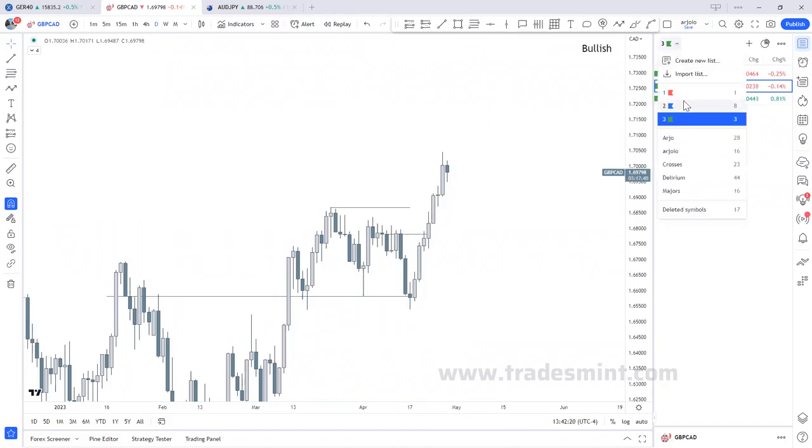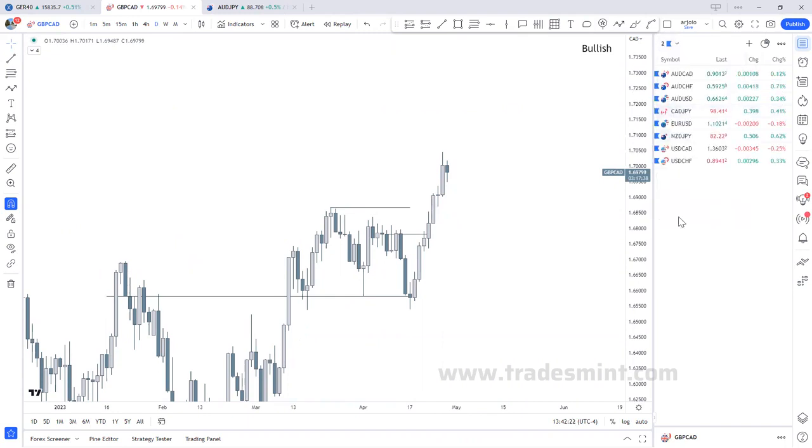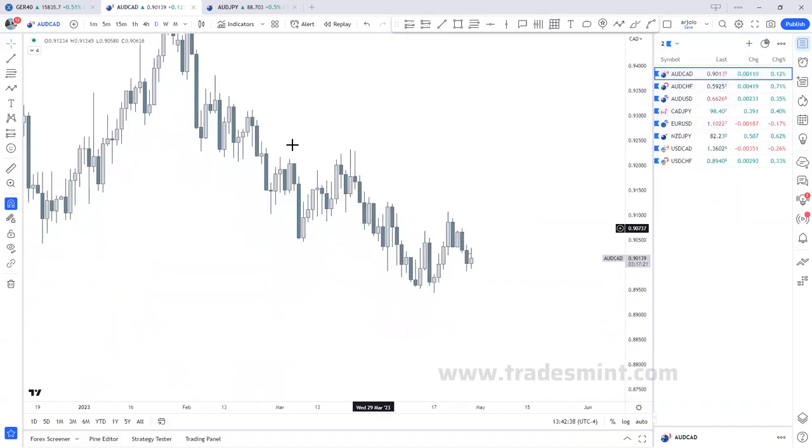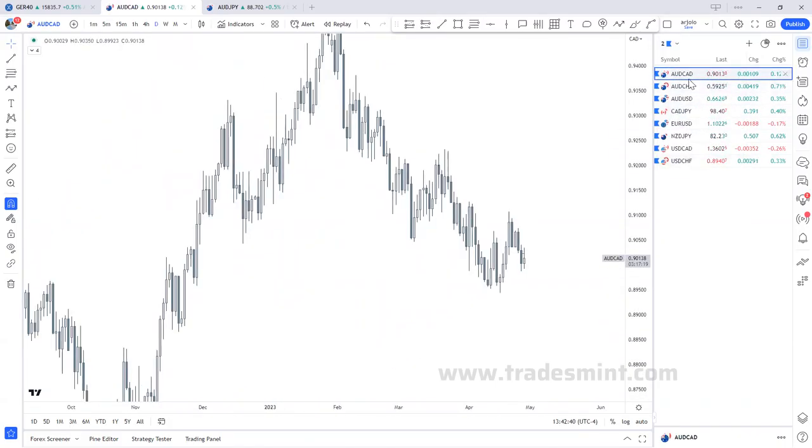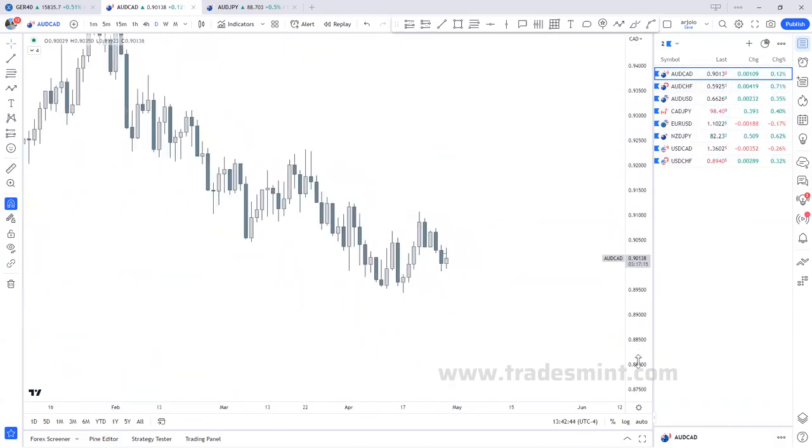All right, then the second one is the blue one. And you'll see there's a few more pairs. So the blue ones did come, they passed this test. So you can see it as a first test. They passed this test, but they didn't get past the blue test into the red one. So if we take a look at the blue one first, Australian dollar, Canadian dollar, daily, you can already see